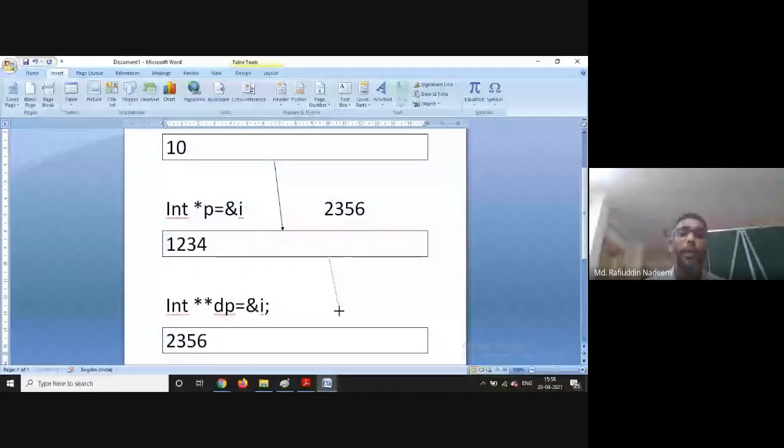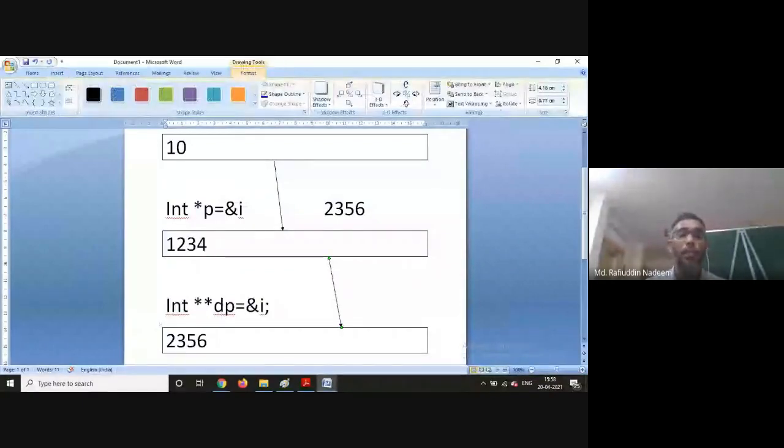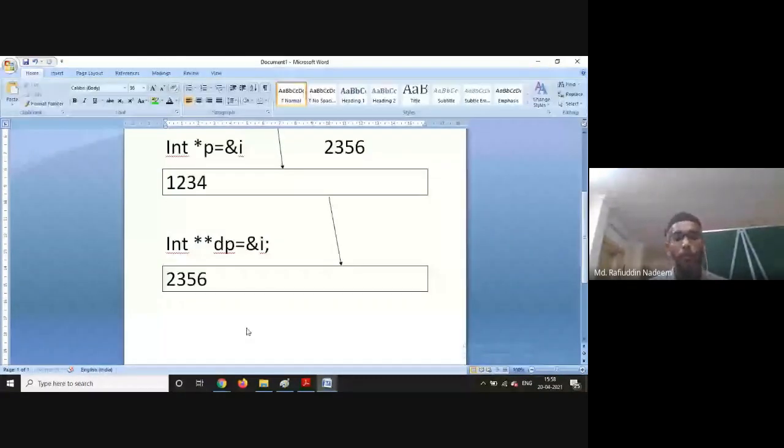Now the value in i can be accessed in 3 ways. You can simply say i, or you can say star p, or you can say double star dp. The value of i can be obtained in 3 ways: i, star p, and double star dp.